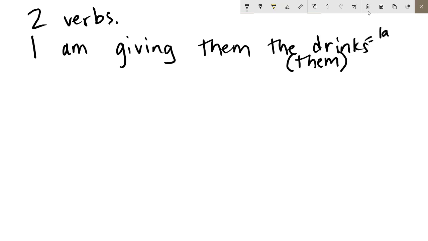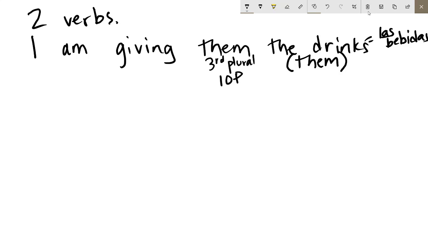Again, drinks are las bebidas. So that tells us that it's going to be, again, a feminine plural object pronoun. So I am giving them the drinks, I'm giving it to a group of people. So this is a third person plural